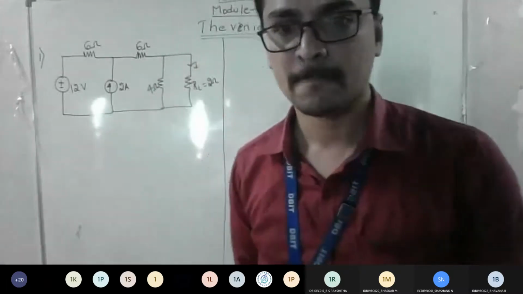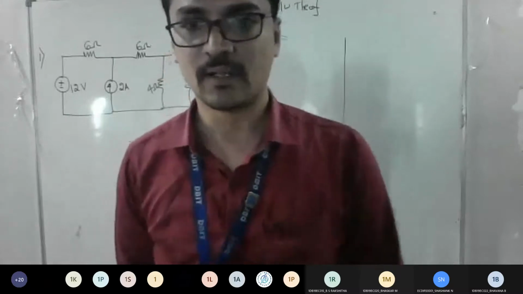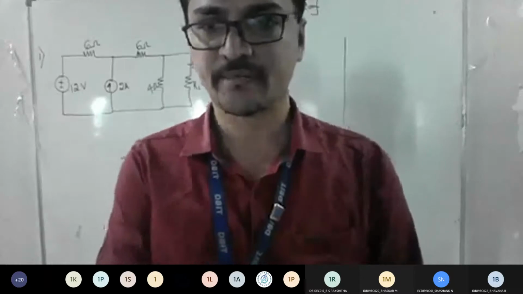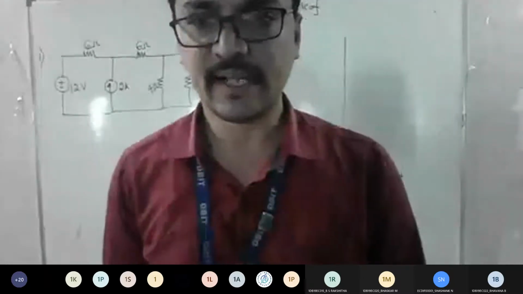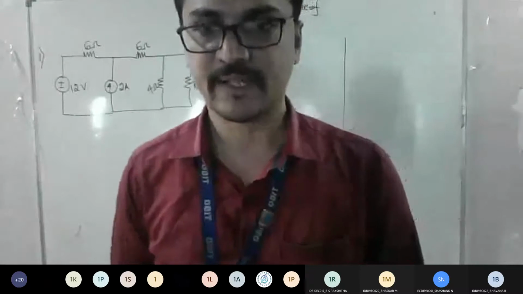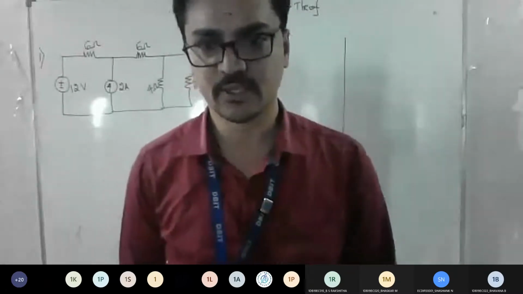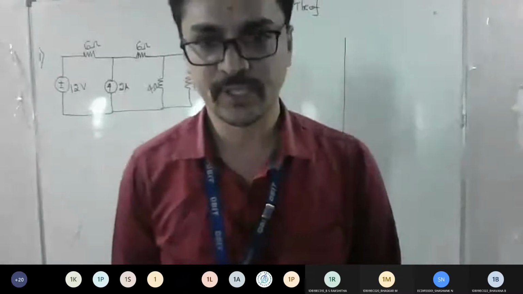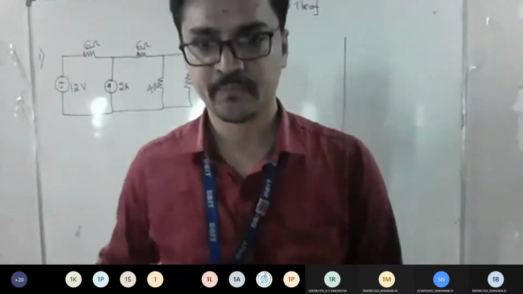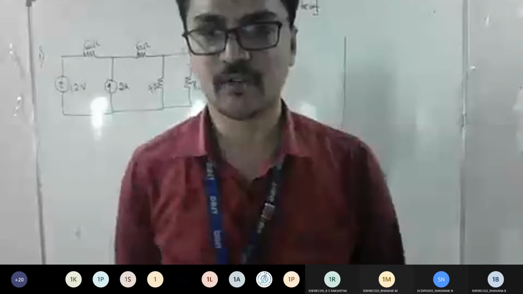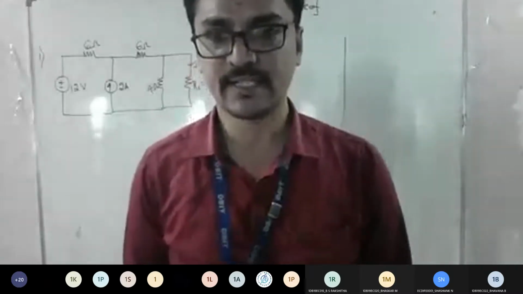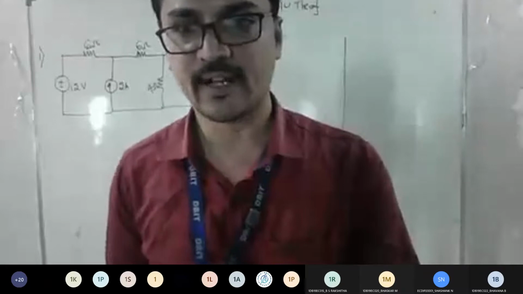To find VTH, wherever they've asked you to find the current, that acts like a load. Remove that junction, replace it with VTH, apply either KCL or KVL, whichever you feel comfortable with, and get the answer for VTH. Similarly, to find the equivalent resistor, if a voltage source is there, short circuit it. If a current source is there, open circuit it. Then perform series-parallel combination and get RTH. After knowing RTH and VTH, you can combine them in series and connect a load, and you can get the current easily. Am I clear? Everyone till here?